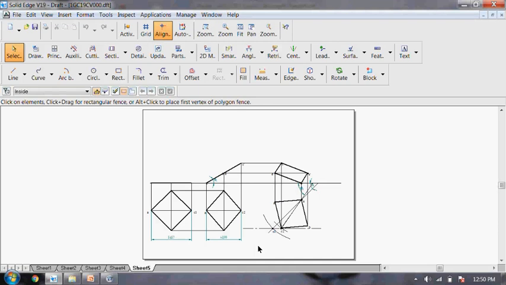So I need not spend more time on computer drawing. As I told you, sketching is a major part compared to computer drawing. Sketching of the drawing on the sketchbook is the initial part. In the examination, first you will be asked to sketch the problem on the sketchbook. If you sketch it properly, whatever you sketch on the sketchbook, the same thing you have to transfer onto the computer. Computer drawing suggests a replica, a transfer of the manual drawing onto the computer screen.